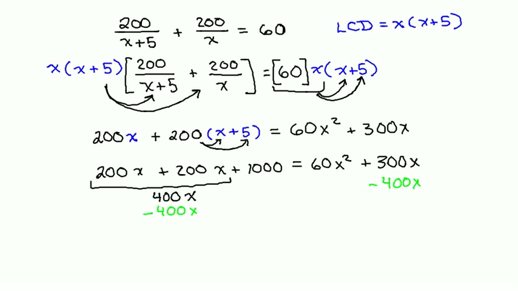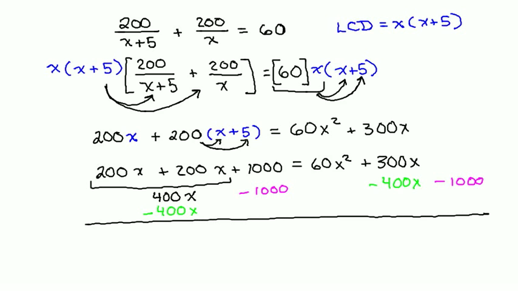And we will also subtract 1000 from both sides to bring this over to the right-hand side, so that now our equation is 0 equals 60x squared minus 100x minus 1000,